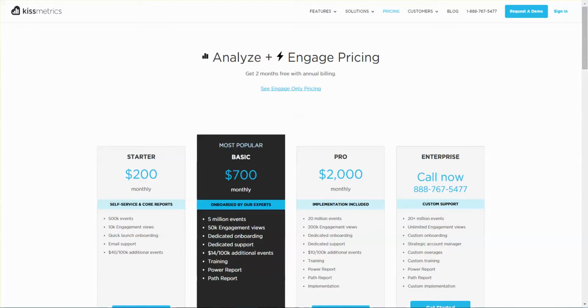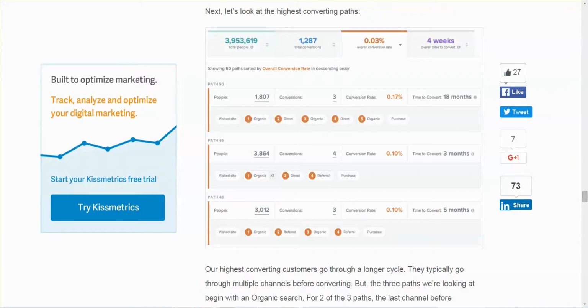Now unfortunately, Josh, who I spoke to quite a few times at Kissmetrics, is no longer with the team, and the way he showed it to me was a lot better than the way Kissmetrics show it on their website and on their blogs. But I'll show it to you the way they're presenting it, and I'll describe it how Josh showed it. Okay, this is one of the closest I could come to what they do, and you see here